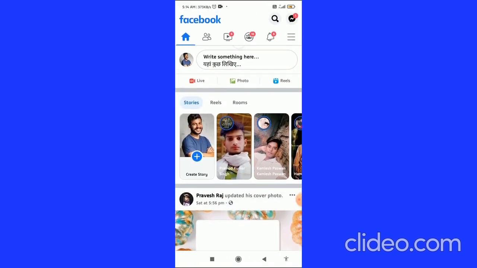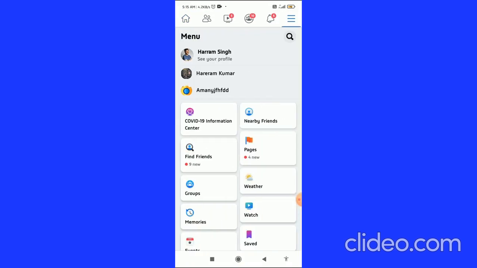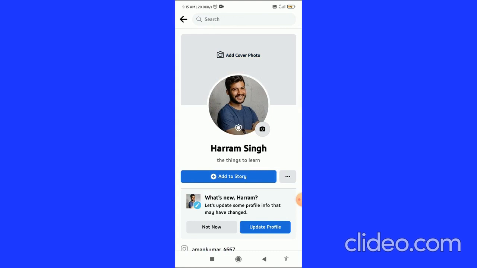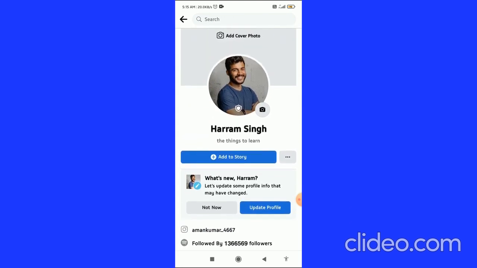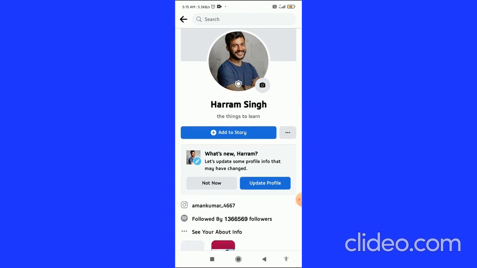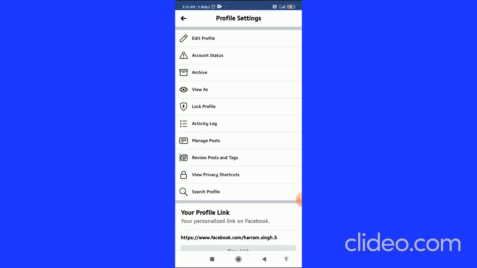So firstly, what you have to do is open your Facebook app and then click on the three horizontal lines in the top right corner, and here you can see your profile. So first option, when you click on this, you come to this page, and here you can see the three dots on the right side of Add to Story. Click on these three dots, and from this you can see the Edit Profile first option,